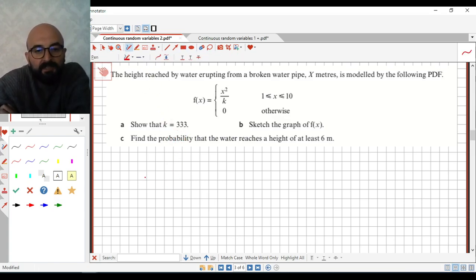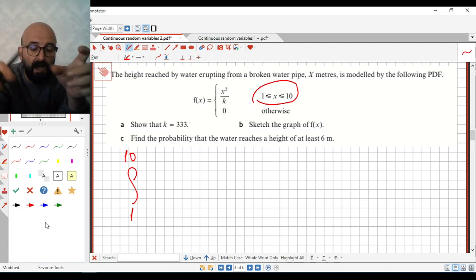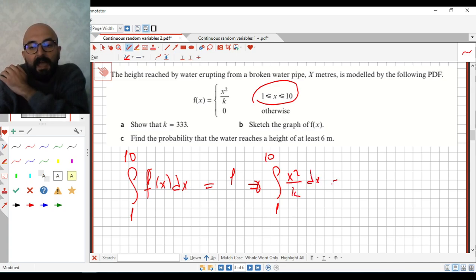So please remember that the sum of the area under the graph should be 1. So the integration from 1 to 10 of f(x) should be 1. So the integration from 1 to 10 of x squared over k dx,